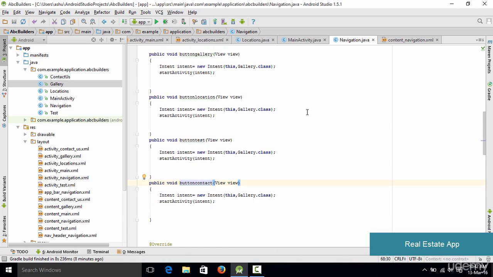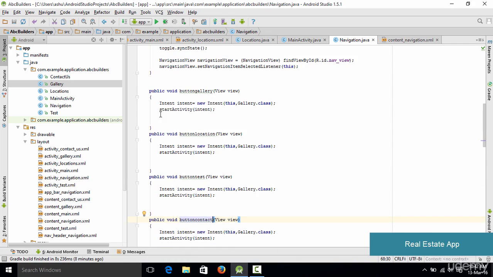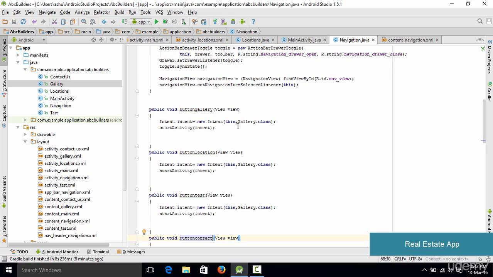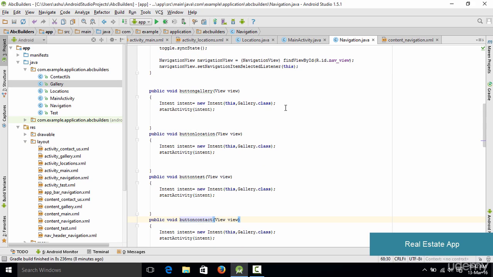Okay, now once we have copied the method names, the only thing which we need to do is change the second parameter in the intent, which is nothing but the name of the activity which is going to start. So for the first one it is fine because we want to actually start the gallery activity. But for the second one, instead of gallery, as this is going to display locations, we type